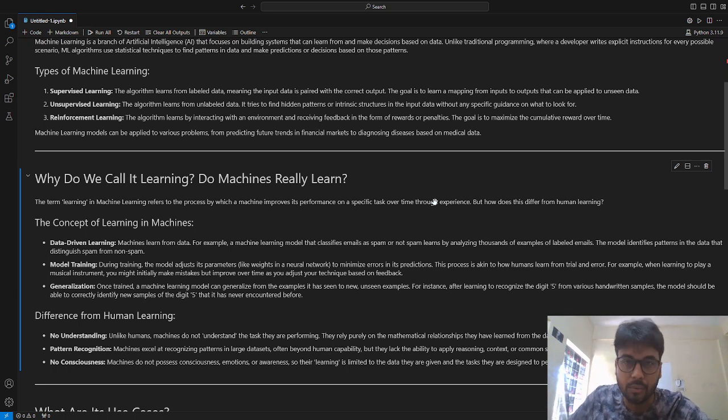Our machines do learn, but how do they learn? The major framework behind how a machine learns is the mathematical and statistical algorithms that we put in. Based on these algorithms and based upon the data that we feed the model, it is able to understand some patterns in the data. It's like showing a huge number of images to a model. It is able to understand what is exactly in the image. Okay, it's pretty simple.